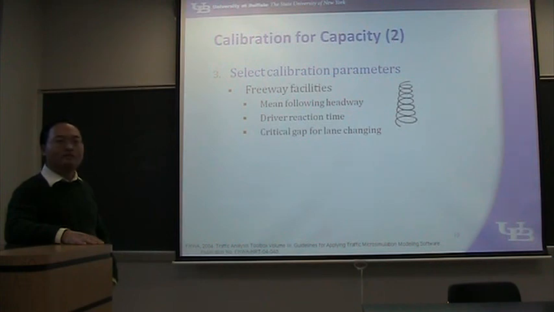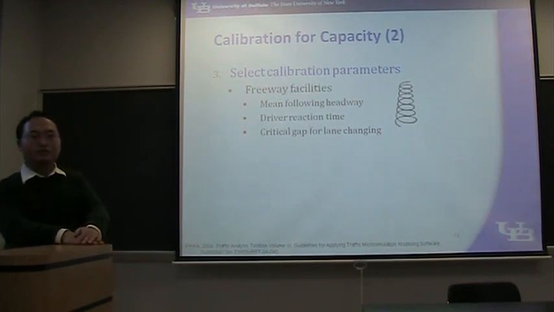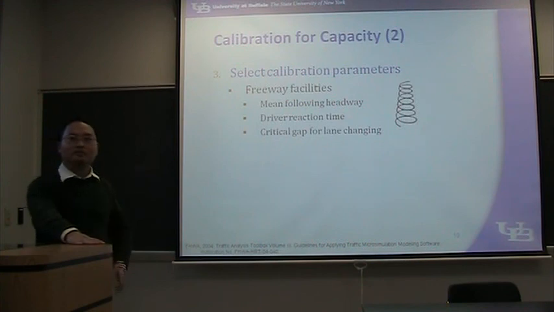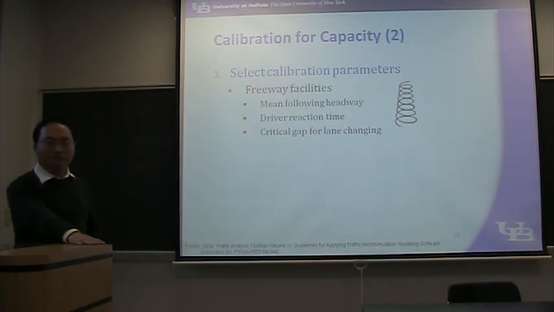But for example, for the critical gap, as you explained, it would take longer for people to make lane changes. So they wouldn't have the flexibility to make lane changes, so they would drive slower. Because they can't pass a slow-moving vehicle, and as a result, the capacity overall or the efficiency of the system would be